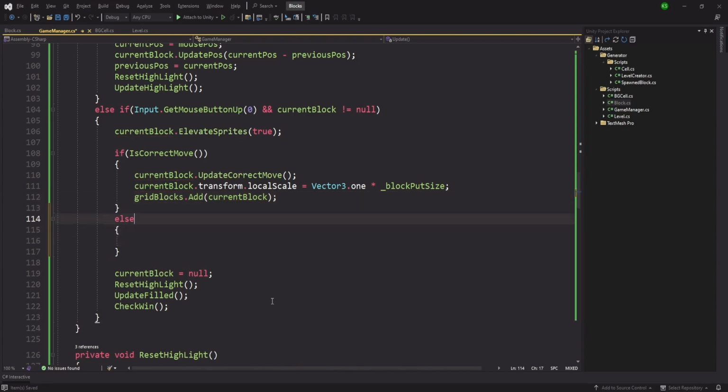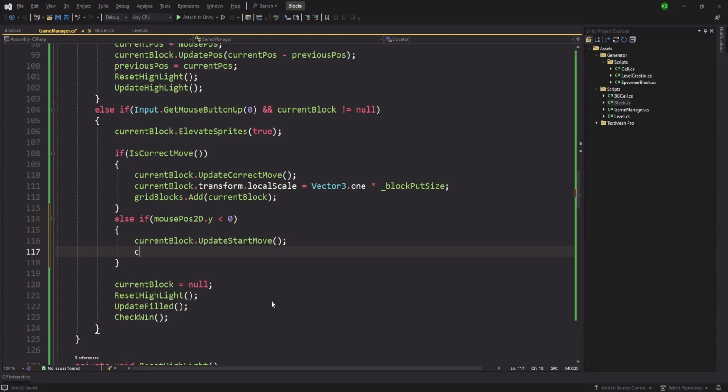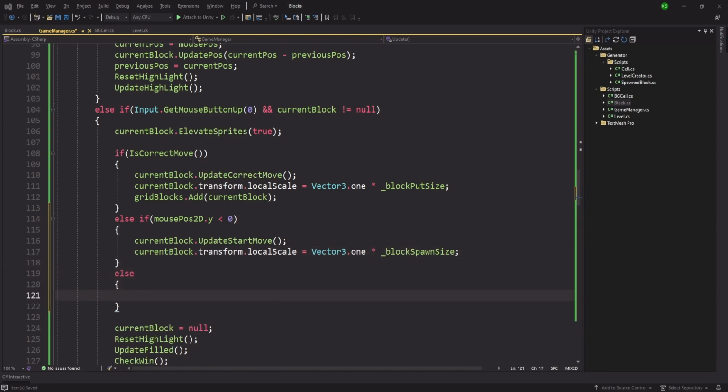Else if mousePos2D.y is less than 0, that means it is below, then we'll just directly position it at the start. And we will set currentBlock.transform.localScale to be 1 multiplied by block spawn size. Else that means the move is incorrect and it is greater than 0. Then